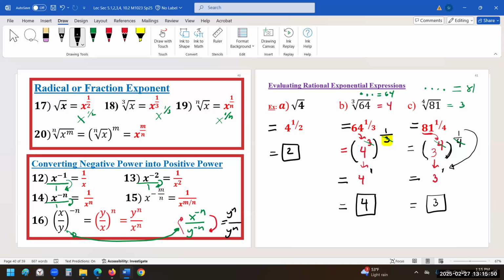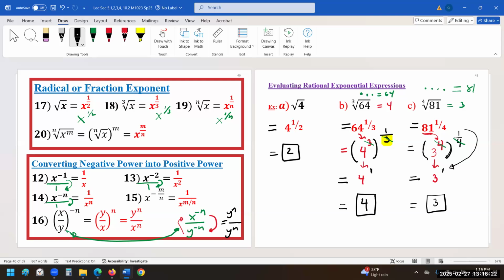You see how in B and C, the 3 and 4 will cancel out. Would that be in any scenario? If you can find any number that many times, like if the root exists. For example, cube root of 64 exists, so you can rewrite 64 as 4 cubed. But you cannot find the 4th root of 64. So if that was the equation, what would I have to do? You simplify. Just like square root of 8.